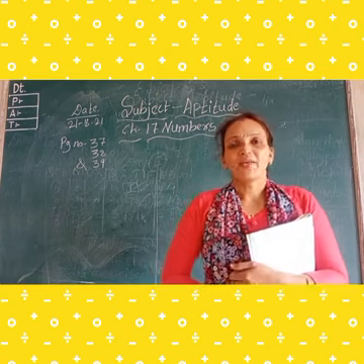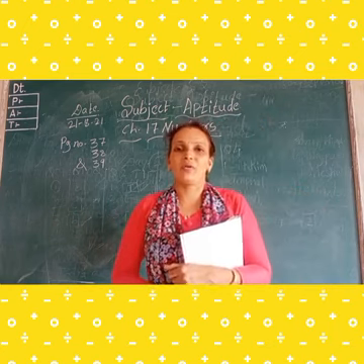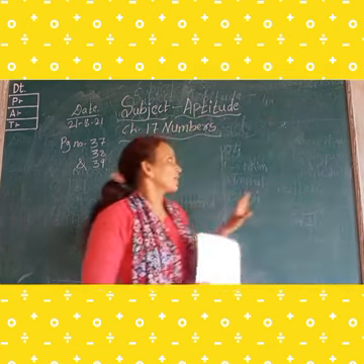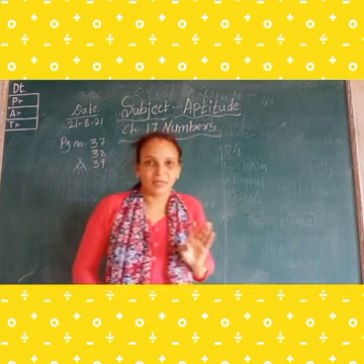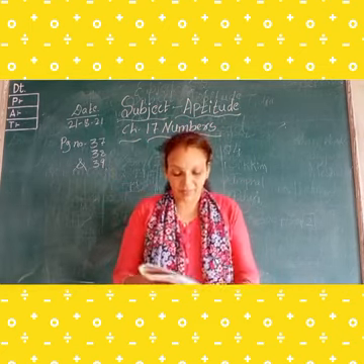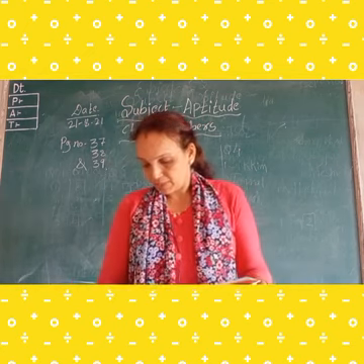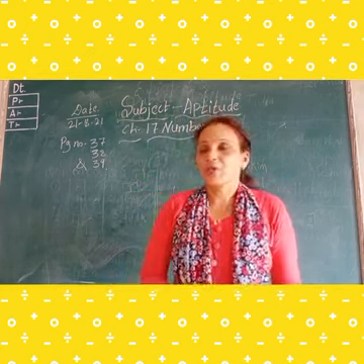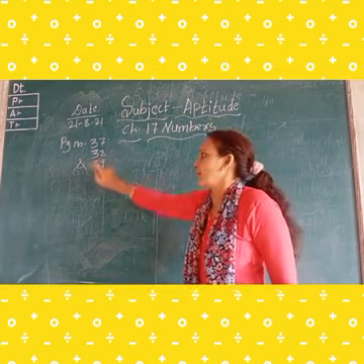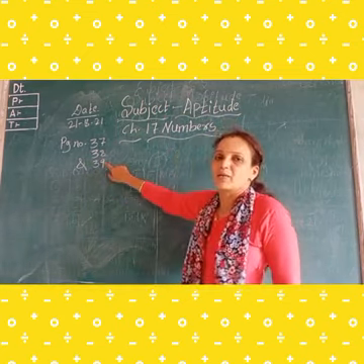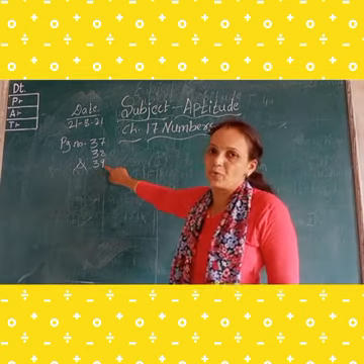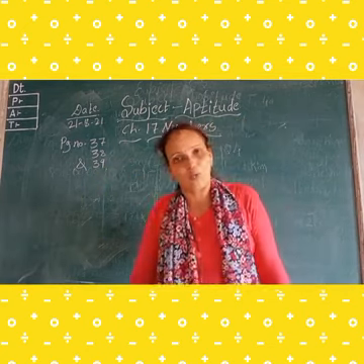As you know, every Saturday we have our aptitude class. We started chapter number 17, Numbers. In chapter 17 we completed pages 35 and 36. Today I am going to do 37 and 38. If possible I will complete page number 39. Otherwise we have to do 39 as homework.